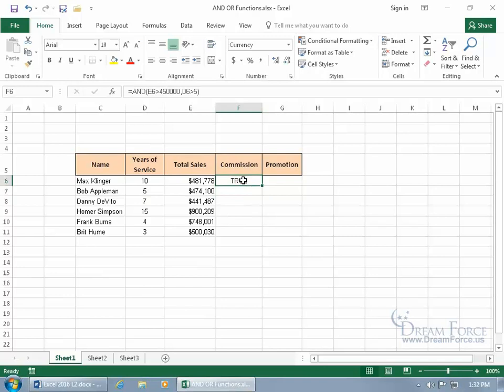And then we can go ahead and copy and paste that function to the rest of the cells down below by hovering over the bottom right-hand corner, get the black cross, double-click really fast, and hey, let's take a look at this guy. He didn't meet it. I mean, Bob had more than $450,000 in sales, but he had to have had more than 5 years of